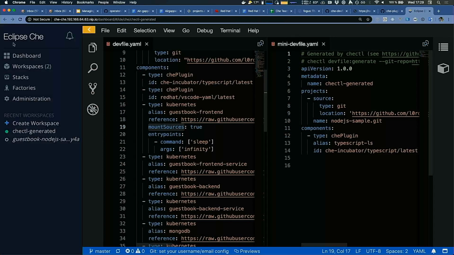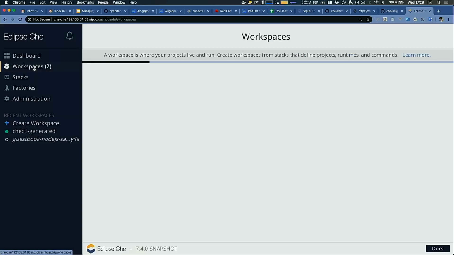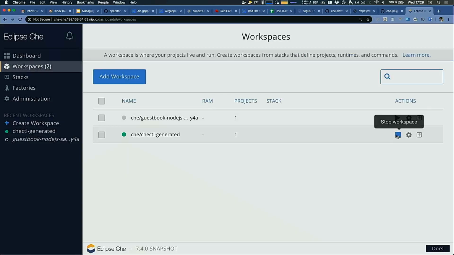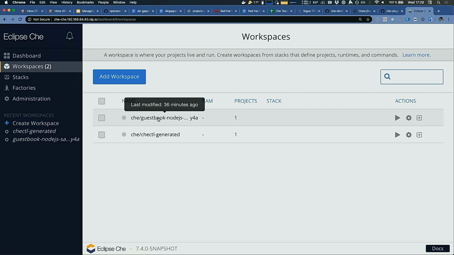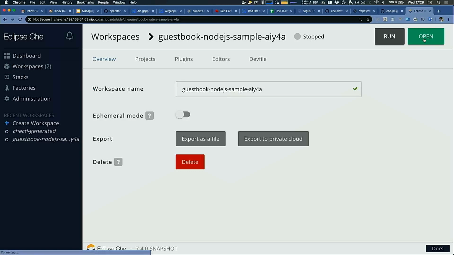So let's stop this first workspace, this simple one, and restart the other one, the one defined with the full YAML.